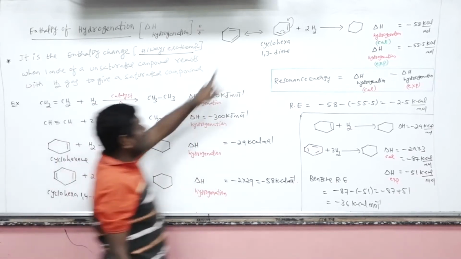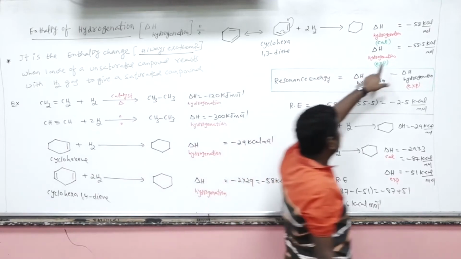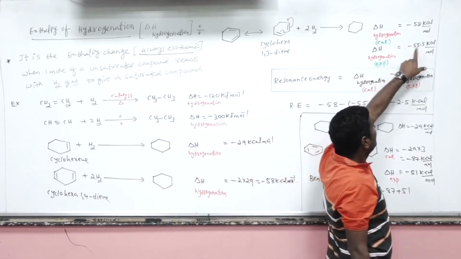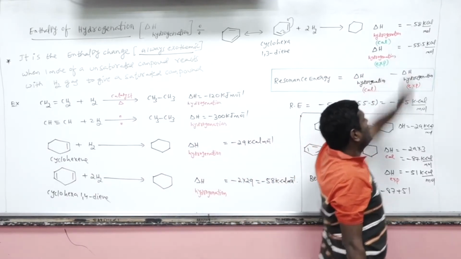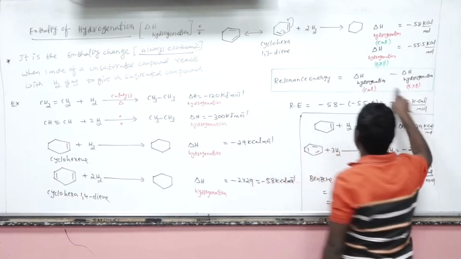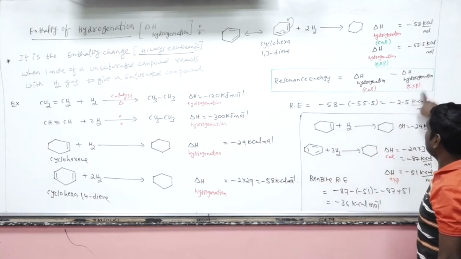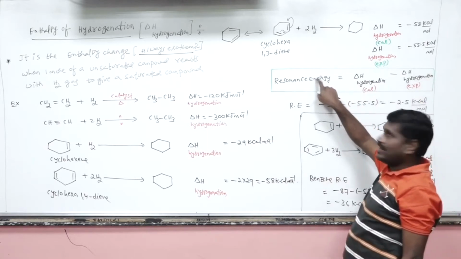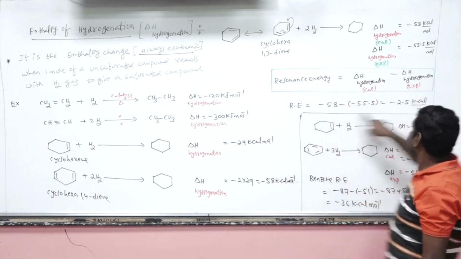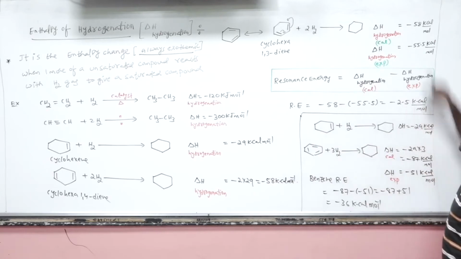That's why this is more stable, and that's why the enthalpy of hydrogenation liberated is less than expected from the calculated value. The difference between these two, that is the enthalpy of hydrogenation calculated minus the enthalpy of hydrogenation experimental, is called resonance enthalpy or resonance energy, which is equal to minus 2.5 kilocalorie in this